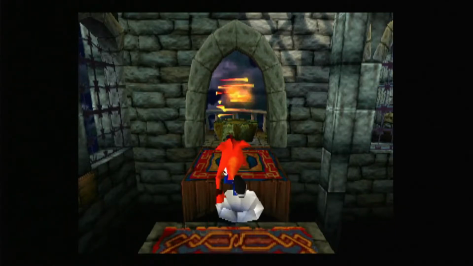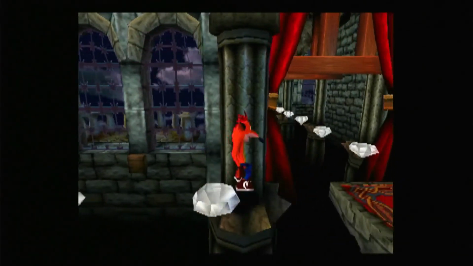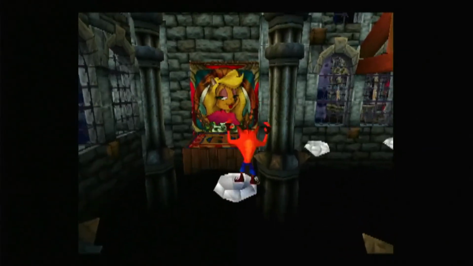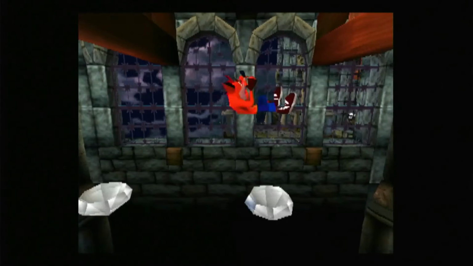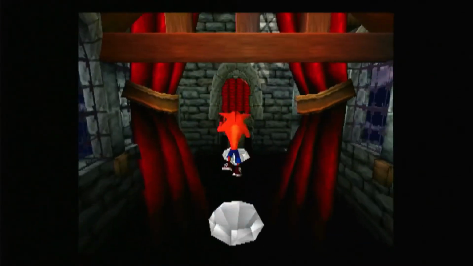Yeah, so this is the Great Hall. It's the level right before the final boss, and this is what happens if you get 100% completion. These are all of the individual box gems that you completed. So if you got all of them except one, the last one will not appear. Interesting, okay. Yeah, and so the goal of getting 100% in Crash 1 is...